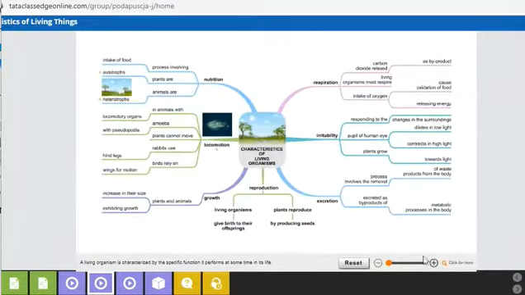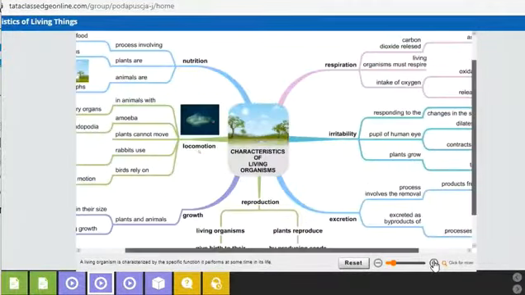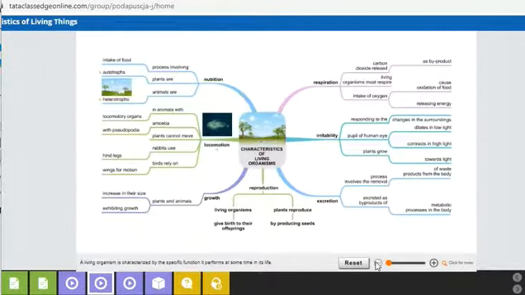So next is the concept map, which we are going to discuss. You can see here in the concept map, characteristics of living beings are given: nutrition, locomotion, growth, respiration, irritability, which is the stimulus, and excretion. So we will discuss all these points in detail one by one. So first is nutrition. Nutrition means intake of food. Here we have already done the two categories: autotrophs, the plants which make their own food, and heterotrophs, which depend on the plants.